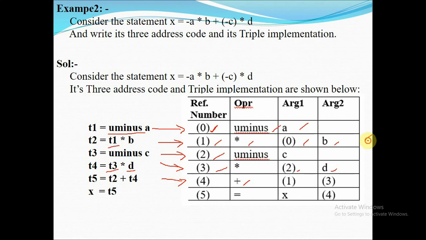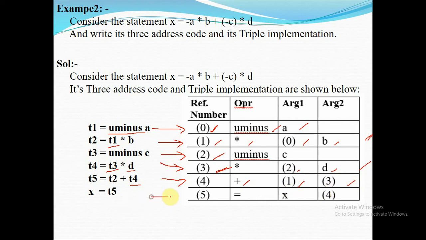Okay, so I can use the reference number 1 for the T2 value. So this reference number 1 is placed here. Similarly, I want T4. T4 is the just previous row, index number equal to 3. I placed 3 here. So in this row, I am using two reference numbers, 1 and 3.